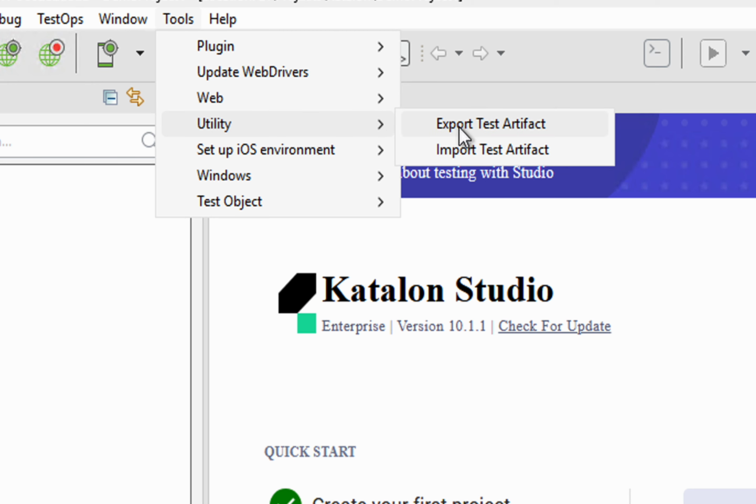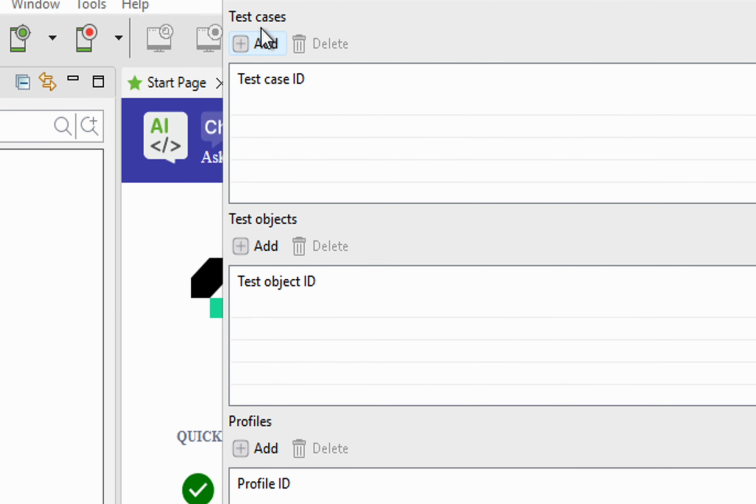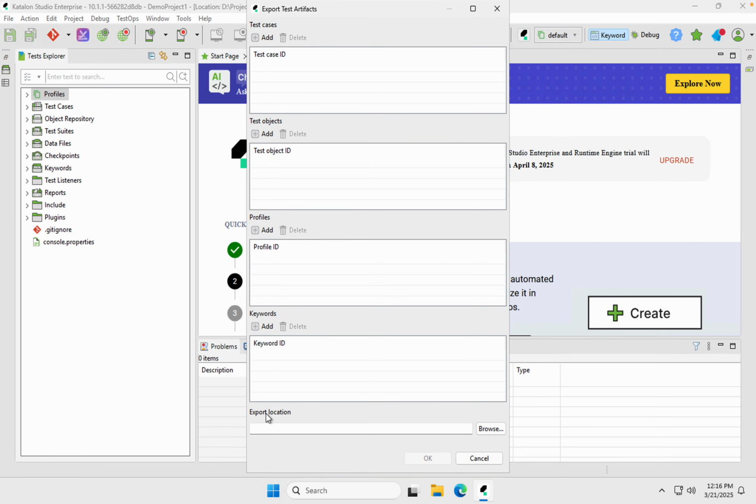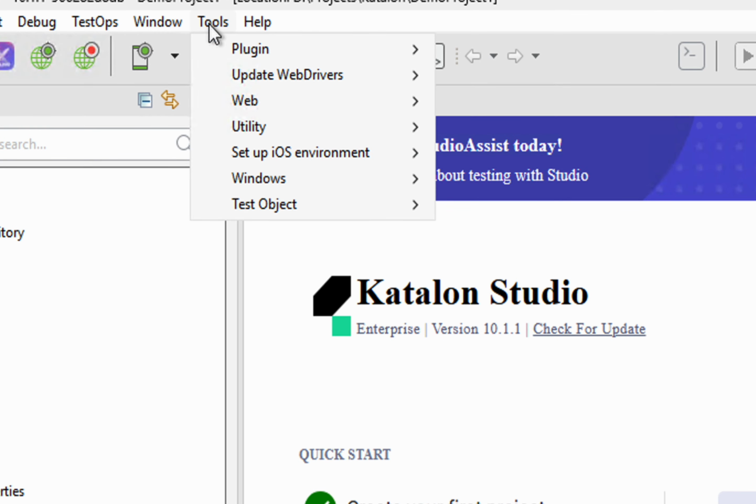Utility, if you have to export any test artifact or import, you can do it. So for example, if I say export test artifact, you can say we have test cases, test objects, profiles, keywords, we can export, and similarly we can import. This we will learn in more details later. Okay, then you can see here